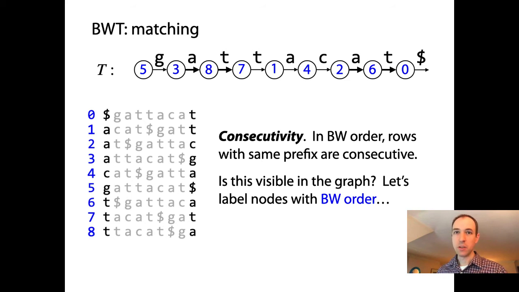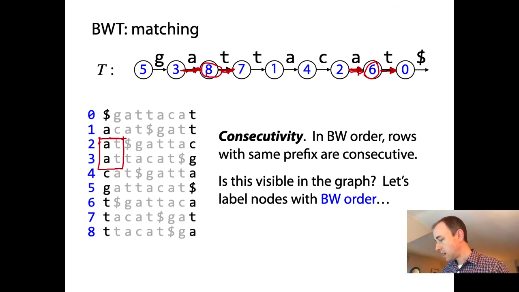Now that we've done that, we can talk again about consecutivity and what consecutivity looks like in the graph. So let's say we've done a little bit of matching and we're at this point where we've matched the suffix AT, right? That corresponds to a couple of paths through this graph, and we can highlight them sort of the same way we did before. So that path and this path,